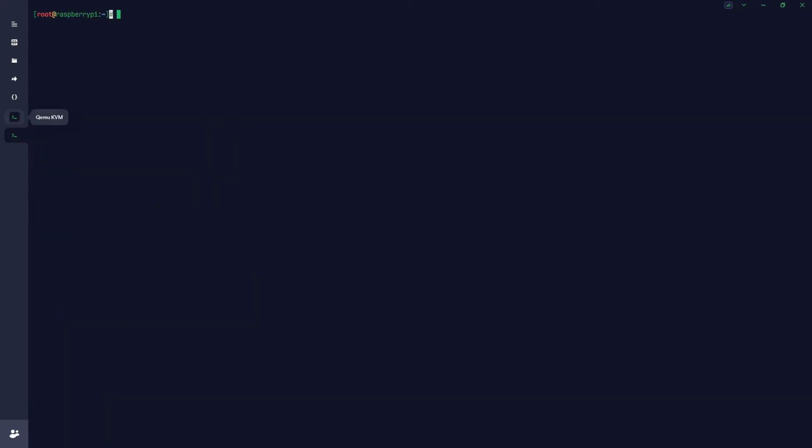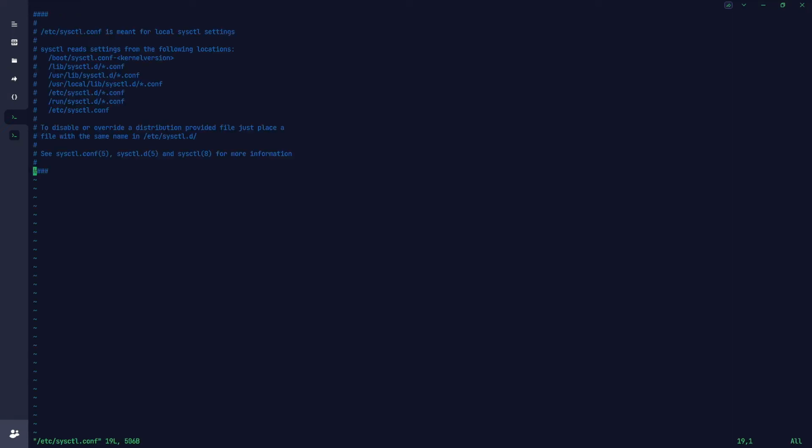So I will switch to this because I don't want to make a mess on my Raspberry Pi, and vi the etc sysctl.conf file, and at the end you can provide something like this. And you can see the calculated BDP and round trip time. The value is provided here. So if you save it